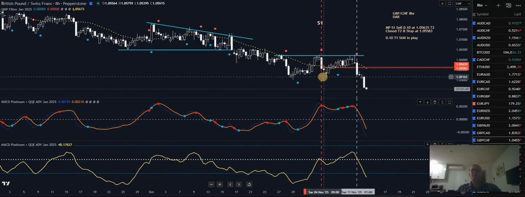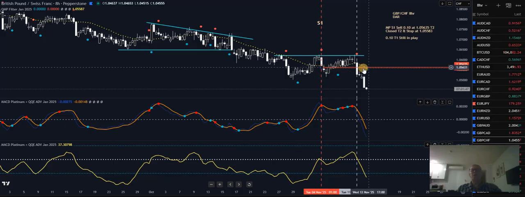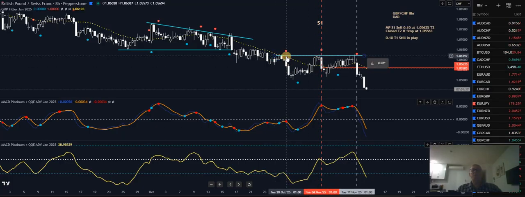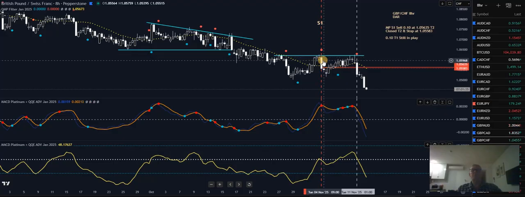Pound Swiss. Now I just took some action on this. I was in this sell trade here, in this second sell trade. This is an MP. Here's the trade there. The initial sell trade was based on this resistance level in price. It's come down, it's popped up. I couldn't take that buy, it's not valid with the MACD Platinum. Took the second sell. Again, we've got the same resistance level.